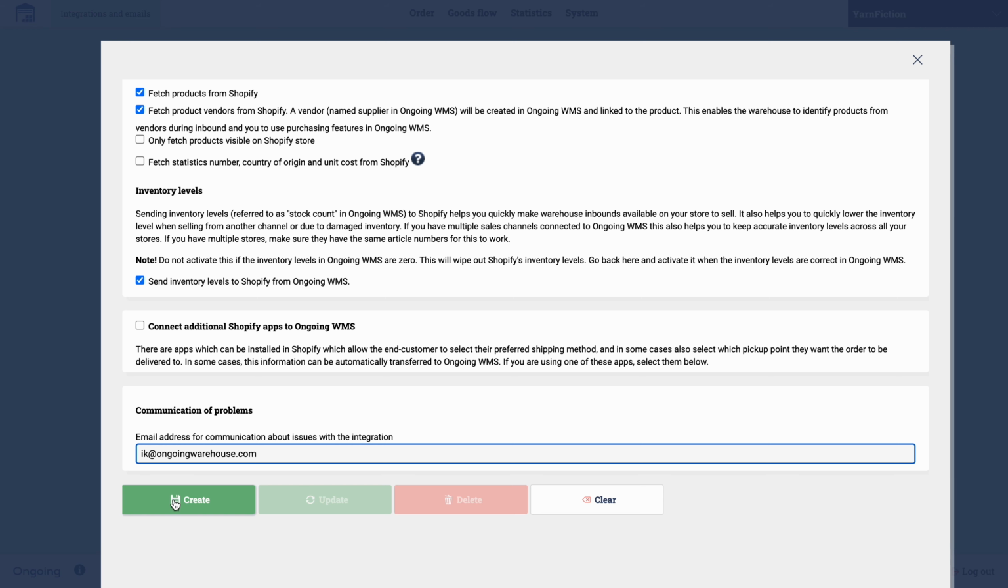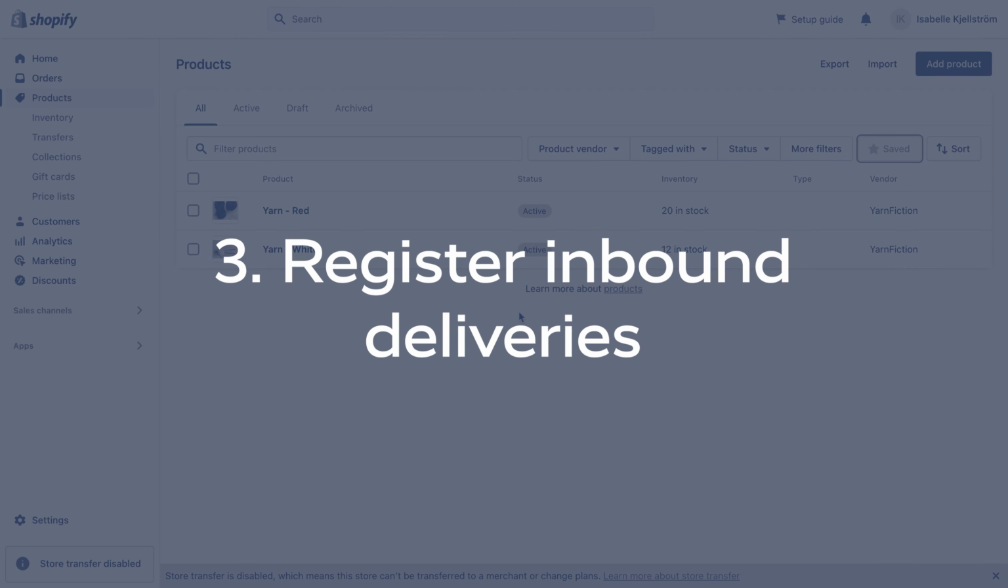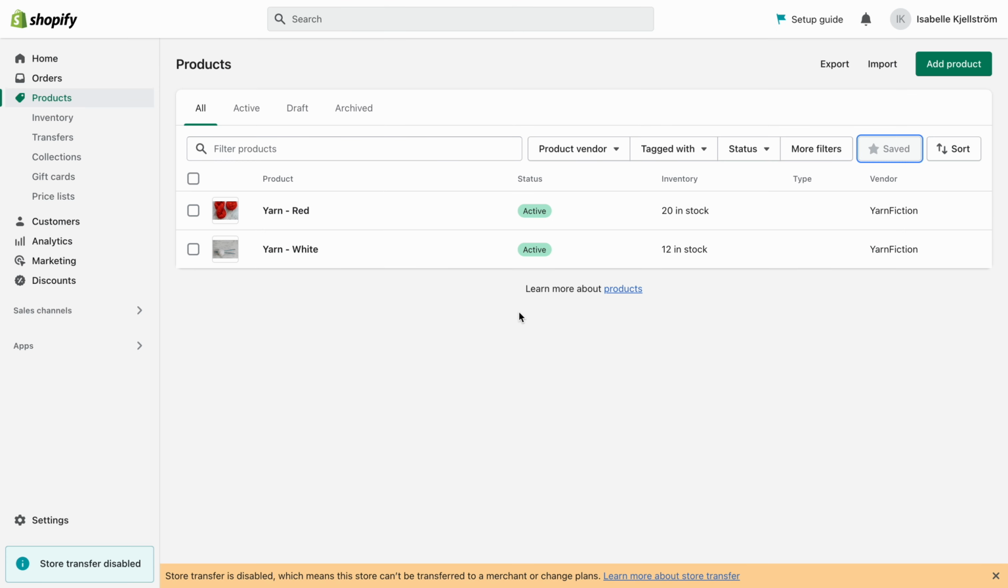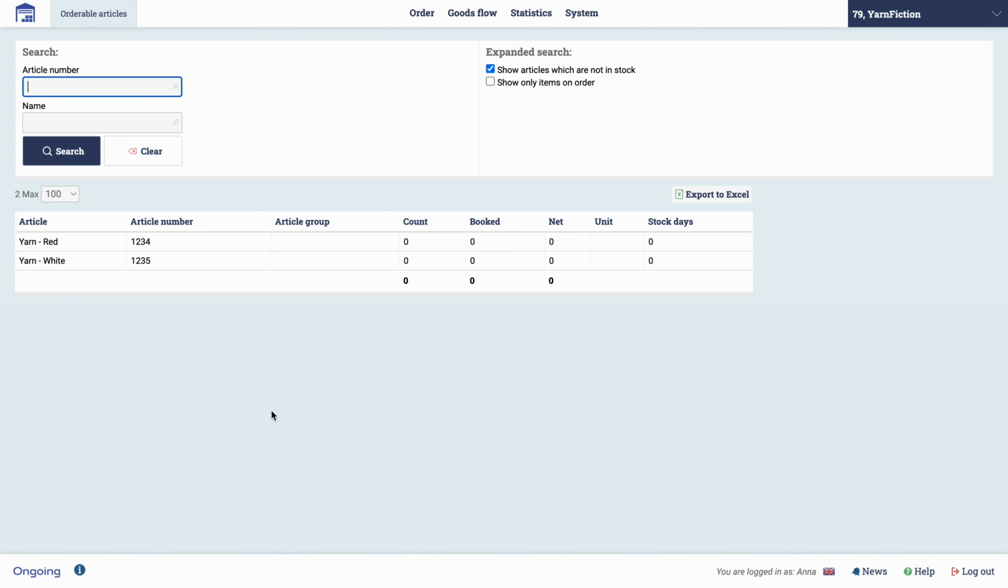And then we can create the integration. And now I'm going to show you how products and stock inventory is synced between Shopify and Ongoing. So as you can see, I have already set up a number of products in my Shopify store, yarns in 2 different colors and with a variety in stock. And with the settings that I put in, I now have the 2 articles automatically synced